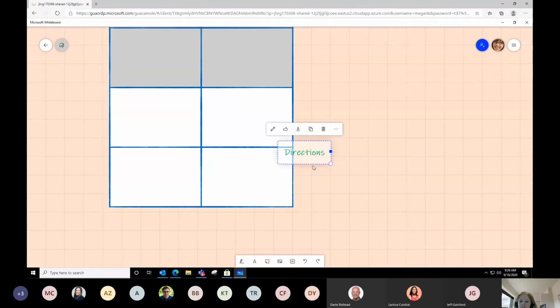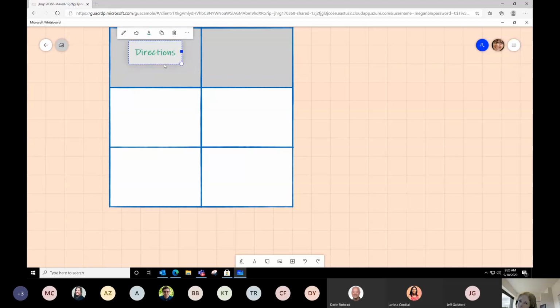And then again, these boxes, you can come to them. Notice that you can left drag them and drop them inside the table. So it's very similar to the desktop app, but it's a little bit easier to work with. I'm going to go ahead and do one more. All right, so now we've got these two.